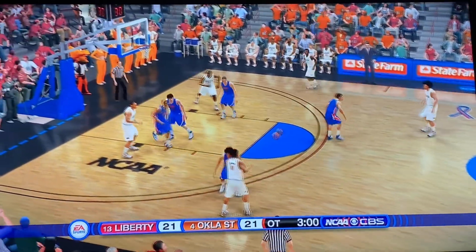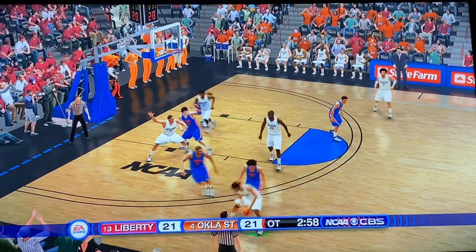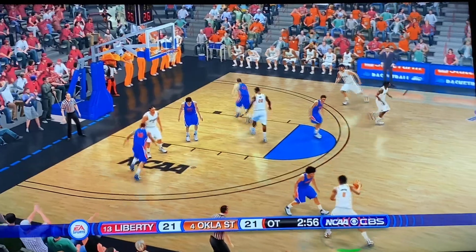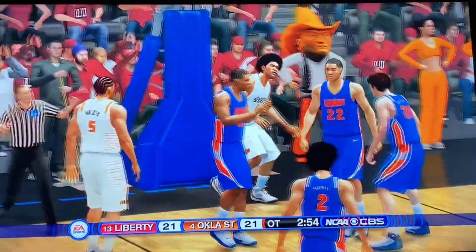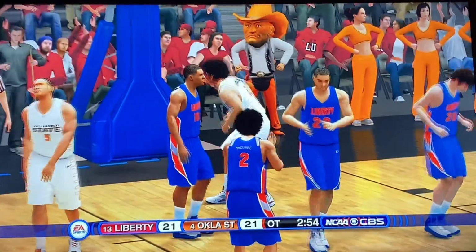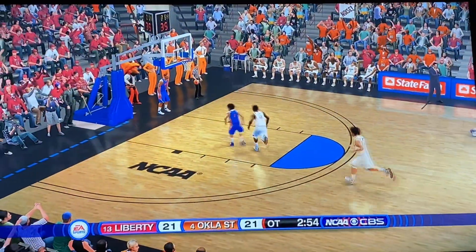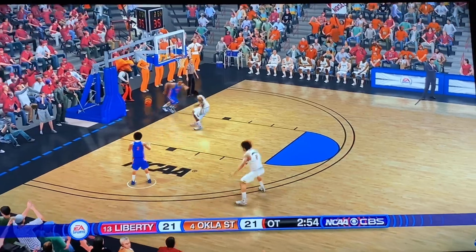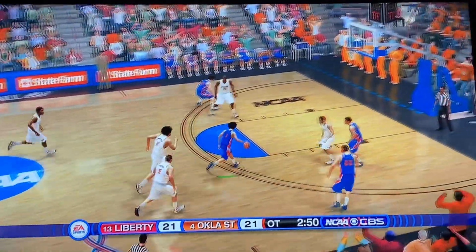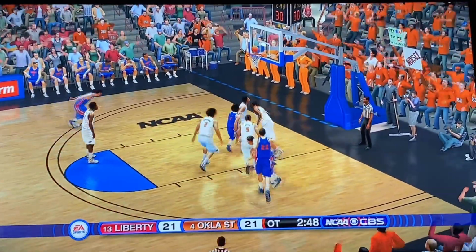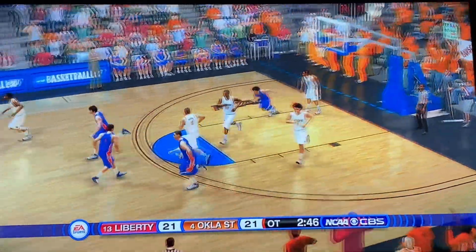3 minutes to go here in this overtime period. Anderson with the ball right now. Looking down low to Cunningham. A foul. Oh, no, it's a charge against Cunningham. Interesting call there by the refs. But that means Liberty now has a chance to take the lead here in overtime. McGee, no defense. Okay, there's the defense. No foul call because they swallow their whistle the entire game.